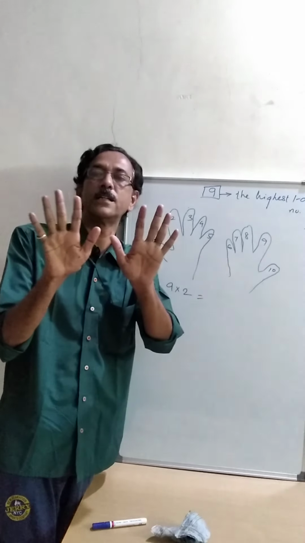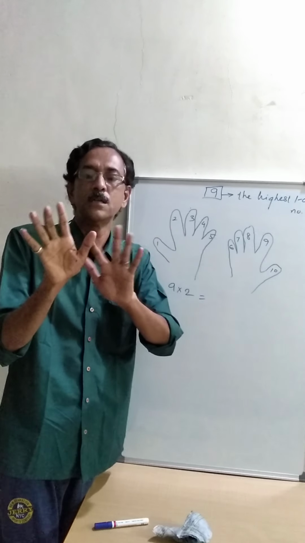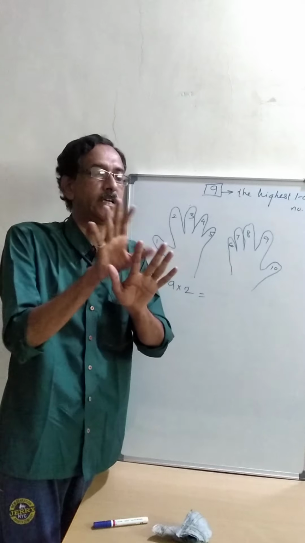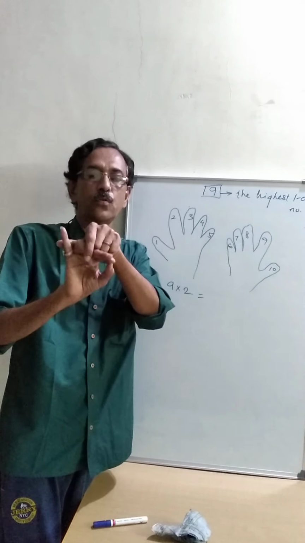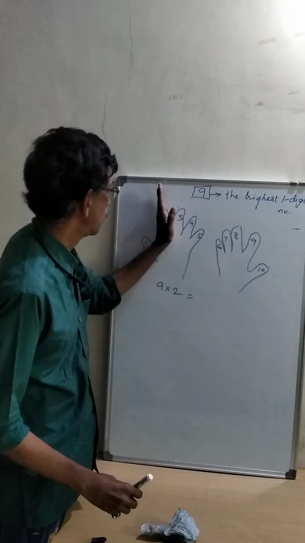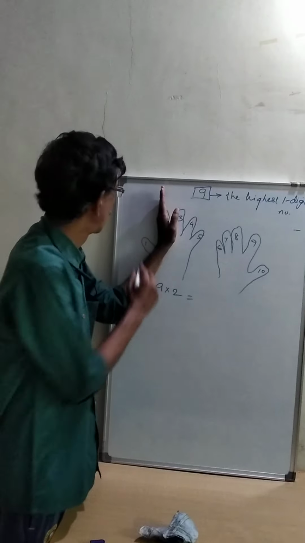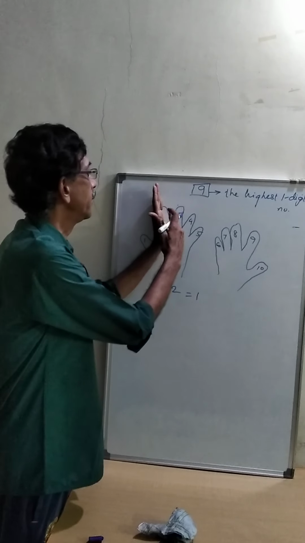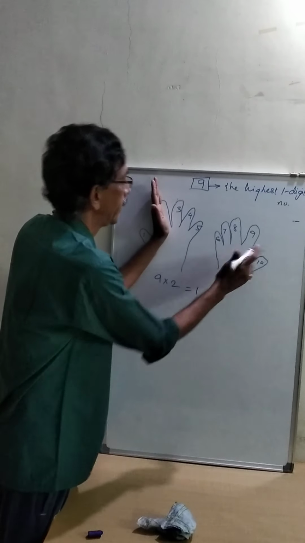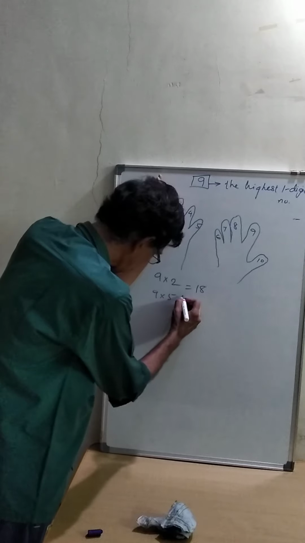You have fingers like this. You're starting from here 1, 2, 3, 4, 5, 6, 7, 8, 9, 10. Or here 1, 2, 3, 4, 5, 6, 7, 8, 9, 10. So number 2 you cross and then do the thing which I tell you. So you block number 2. Now how many fingers are there before 2? 1. So you write 1. How many fingers are there after this? 1, 2, 3, 4, 5, 6, 7, 8. 8.